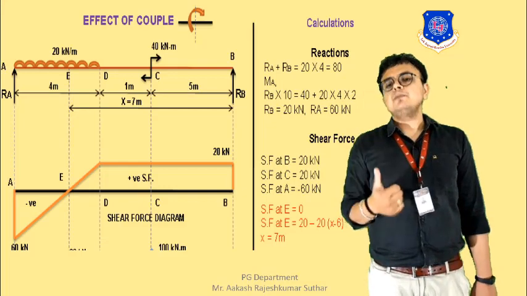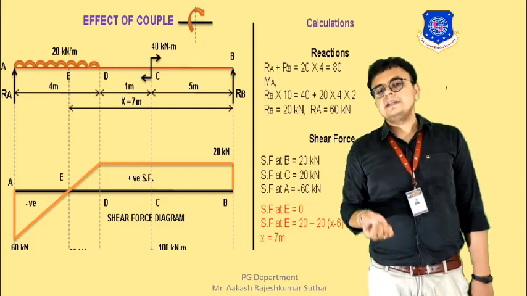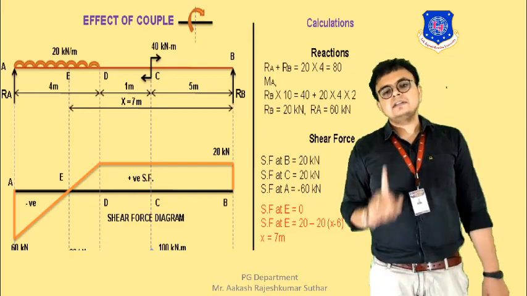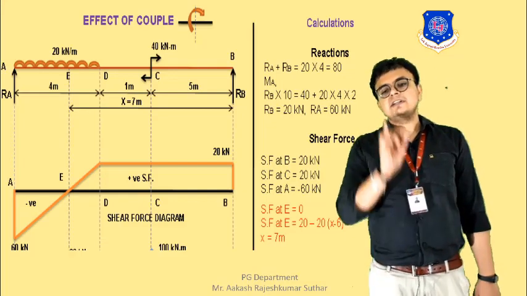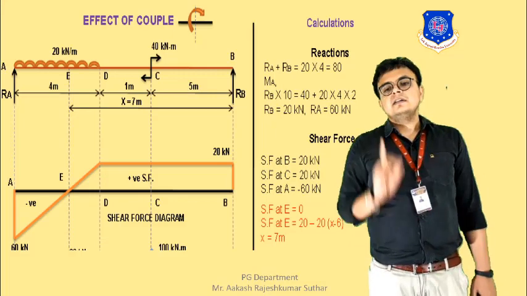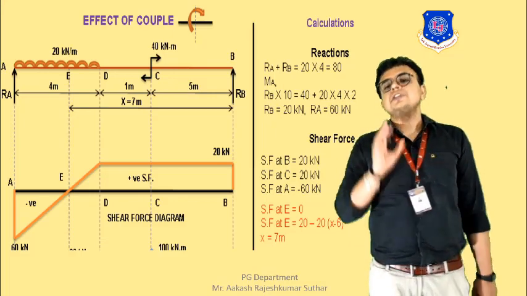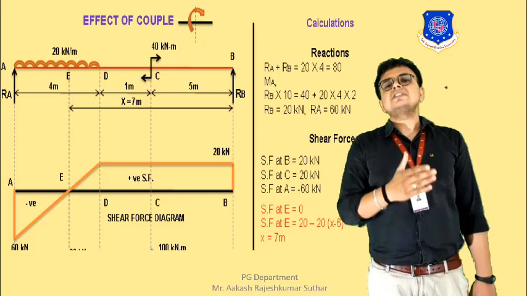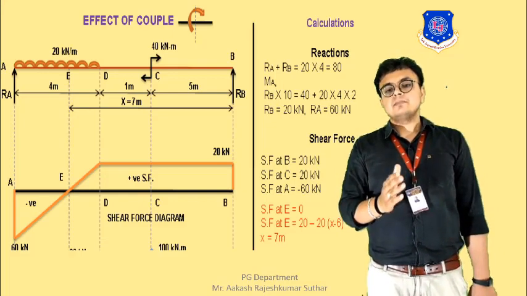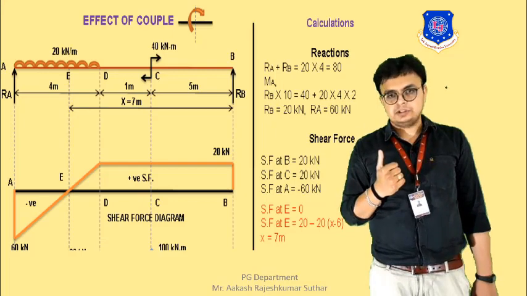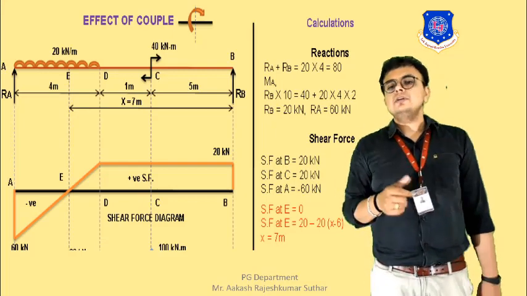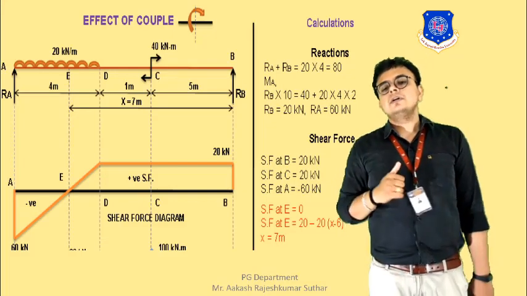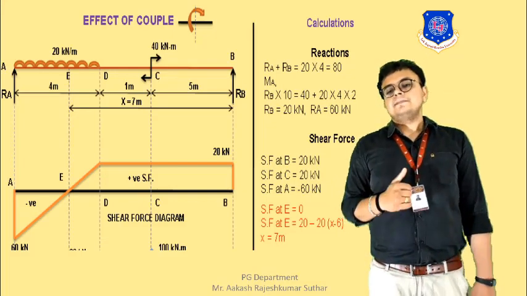So at B point the shear force will be 20, because there is only a reaction in the upward direction, and in the upward direction we are considering the shear force as positive. So 20, it will be constant at C also, because there is no extra loading onto it. So at C point also the shear force will be plus 20, and it will be above the central line.